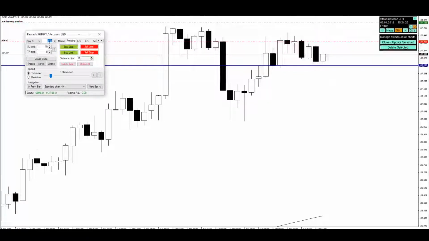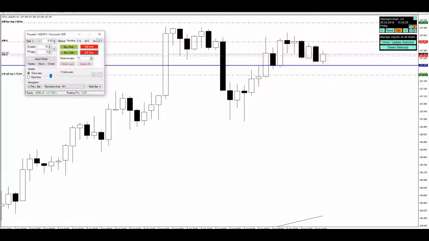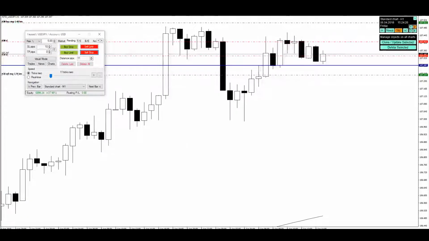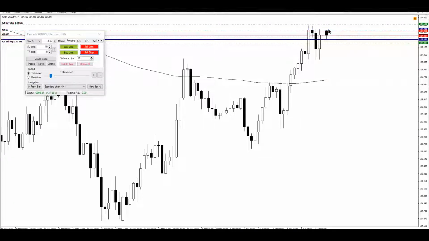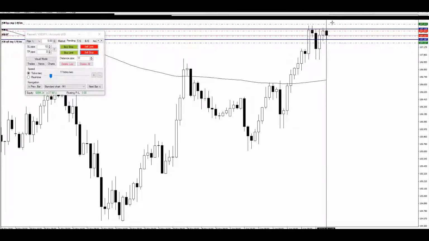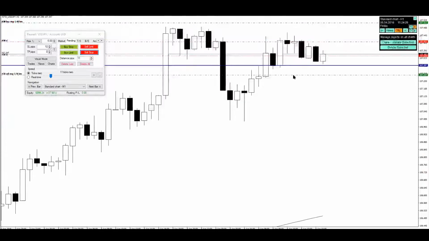Let's risk a little bit more. Let's risk like 5%. Okay, perfect. So we got this. Now, if price is going to go up, it's going to break this resistance and continue moving up. If price is going to head down, what I'm basically expecting is that